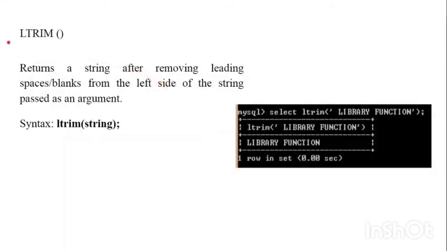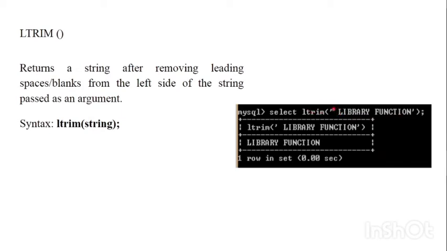Next is ltrim function. It returns a string after removing the leading spaces or blanks from the left side of the string passed as an argument. Its syntax is ltrim in parenthesis string. So select ltrim library function. This is the string given to the function.